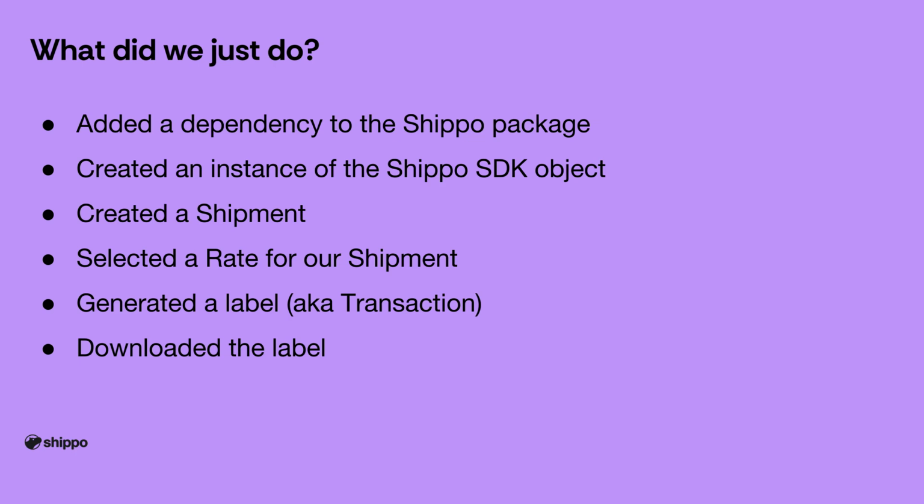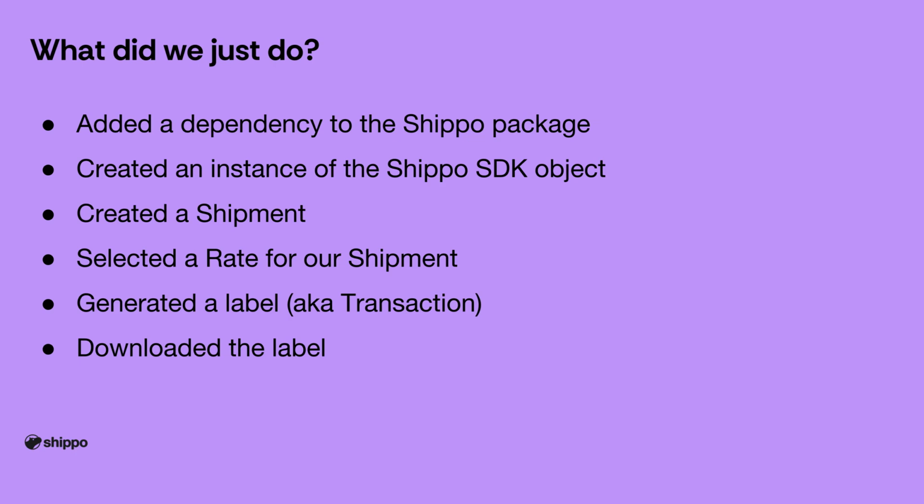Okay, so what did we just do? Well, we added a dependency to the Shippo package. In my case, I'm using the Gradle build system, so I added it to the build.gradle file. If you're using Maven, you'll add it to your pom.xml. I then created an instance of the Shippo SDK object, passing in an API token. I then defined the attributes necessary to create a shipment. Remember, I had to have an address from, an address to, a list of parcels, along with the dimensions and